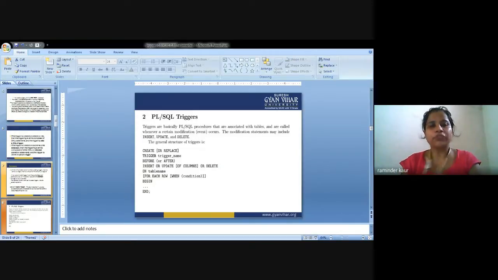It is a block structured language that enables developers to combine the power of SQL with procedural statements, and all the statements of a block are passed to the Oracle engine all at once. I am again saying, all the statements of the particular block are passed to the Oracle engine all at once, because it is a block structured language. So the whole block will be executed. How many statements are there in the block does not matter. But a block is passed to the Oracle engine all at once, which increases the processing speed and decreases the traffic.